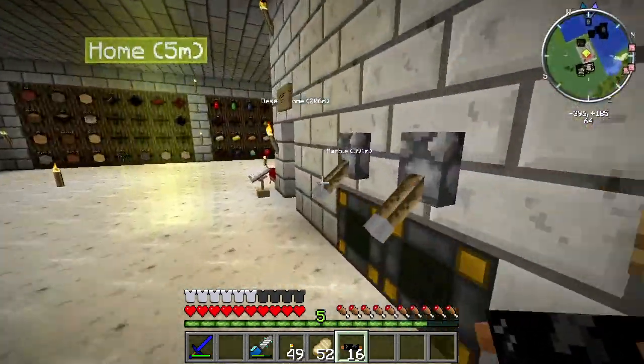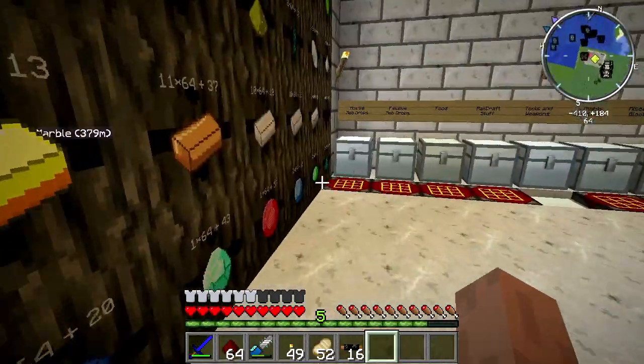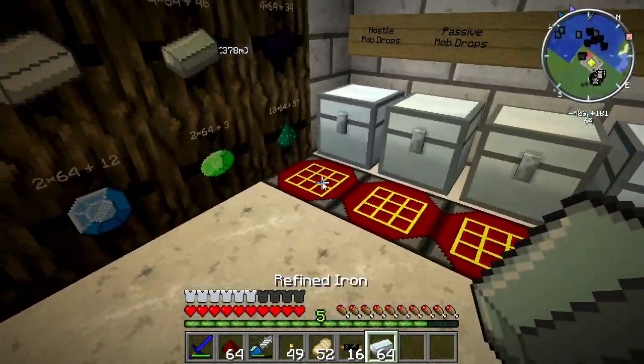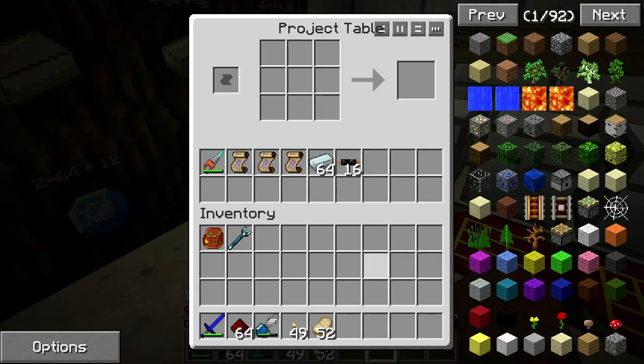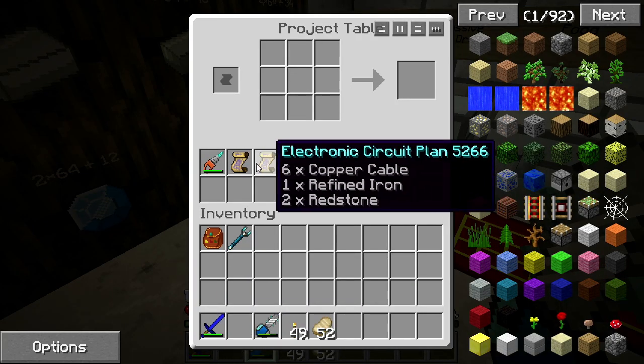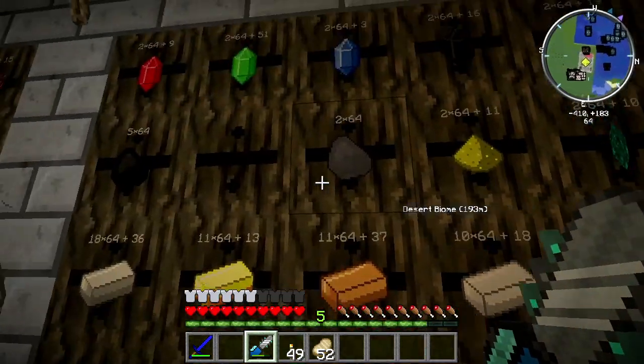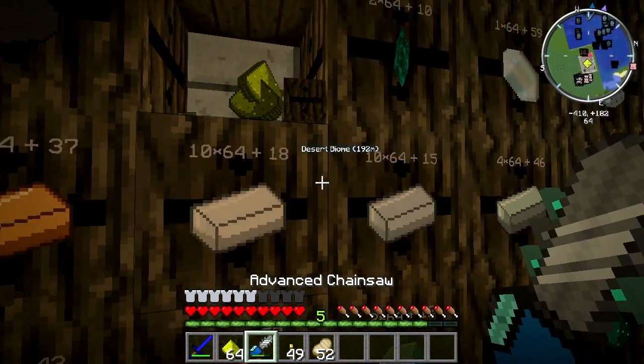I need redstone, and I also need some iron, refined iron even. There we go. Right, redstone, yeah. So redstone in there, and let's get our electronic circuit first. We need 2 of those. Then we're also going to need to make 2 advanced circuits, and for that we need, of course, glow